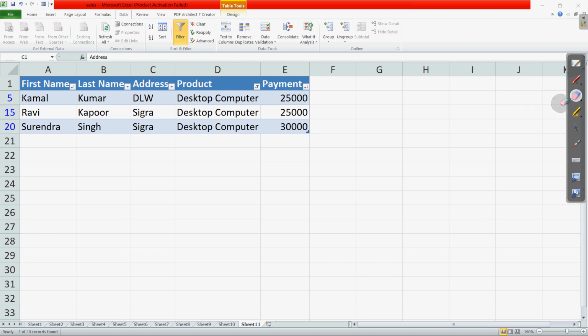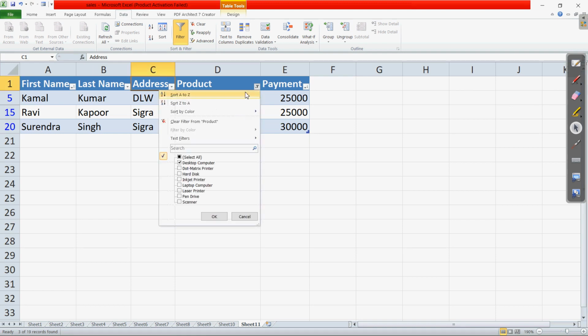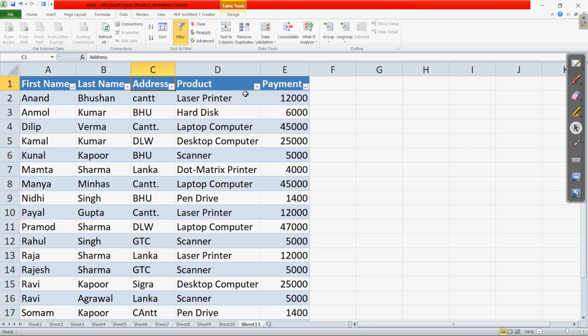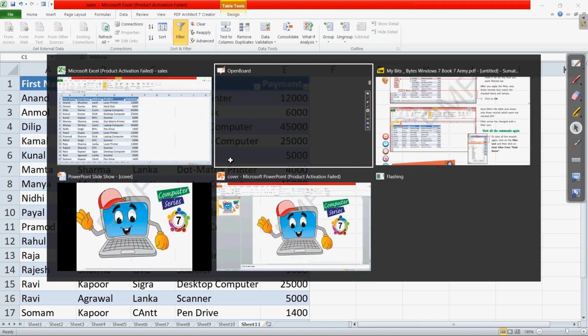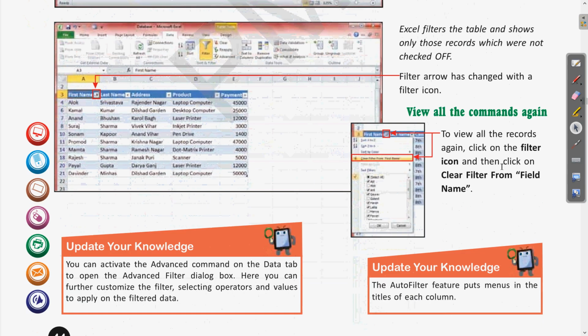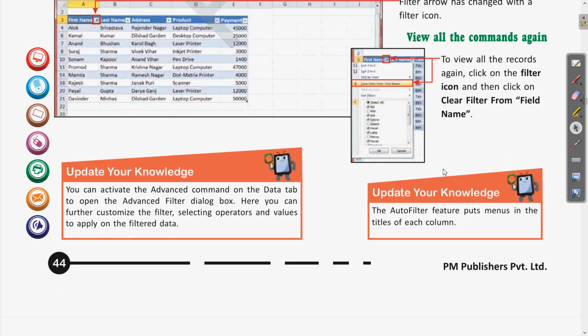Now after you have filtered, if you want to remove that filter option, you can directly go to the field again, and when you click that, here you can see clear filter from the product. So the filtering will be removed, or either you can specify all the values; both can be done. If I click on clear filter from the product, the filter option from this specific field will be removed. Clear? So this is the step for removing the filtering option. Now this way we have completed the explanation of this chapter.